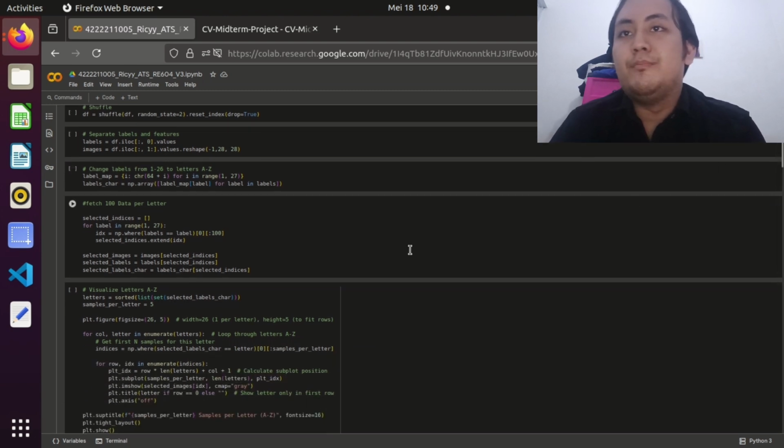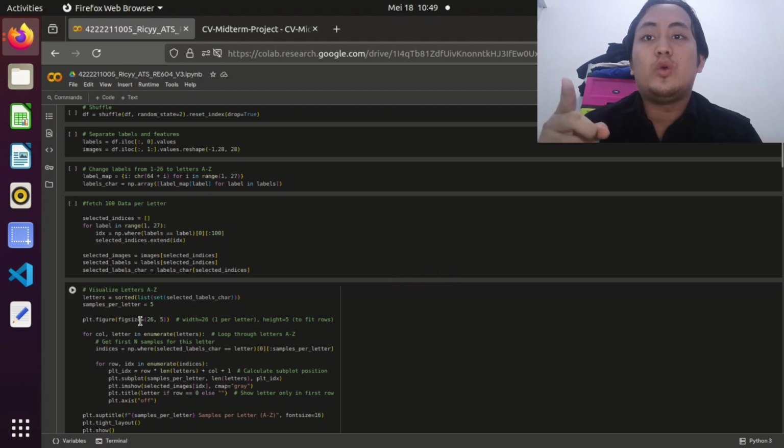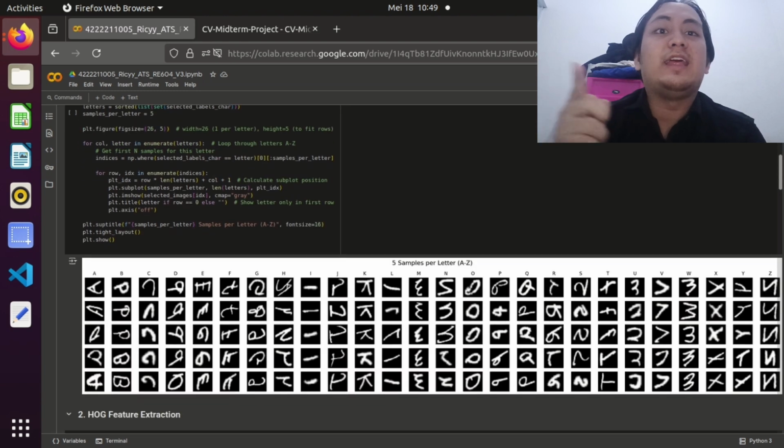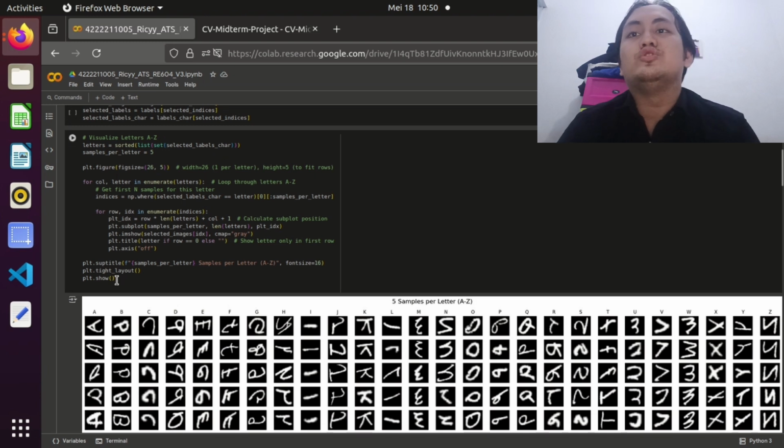Let's separate the labels and the features. Change the label from 1 to 26 into A till Z. Each image measures 28 by 28 pixels, and the label ranges from 1 to 26, so I map it to represent the letters A to Z. Next, we convert this numeric label into an actual letter using the ASCII code.